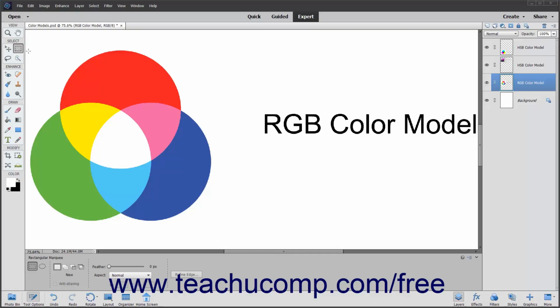www.teachucomp.com/free. The Marquee tools that appear within the Toolbox and Tool Options bar let you select basic shapes. You can create a selection that is a rectangle or an oval. To make a selection using one of these tools, first select the Marquee Tools button in the toolbox, and then select either the Rectangular Marquee tool or the Elliptical Marquee tool from the Tool Options bar. Then click and drag from one corner of the selection area to the other, releasing the mouse button when you